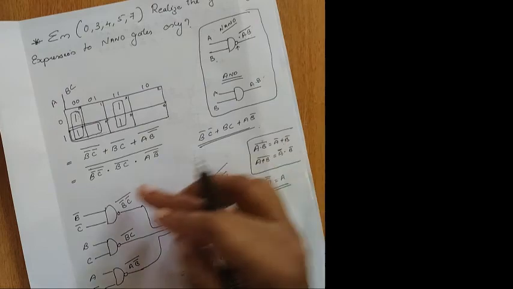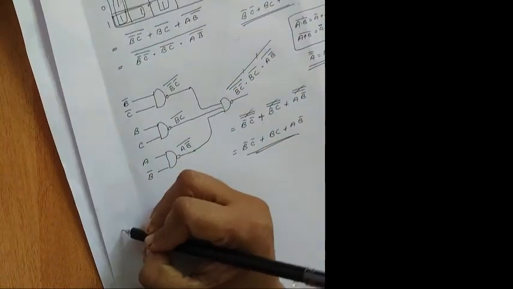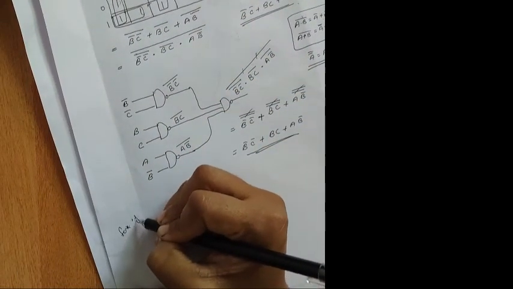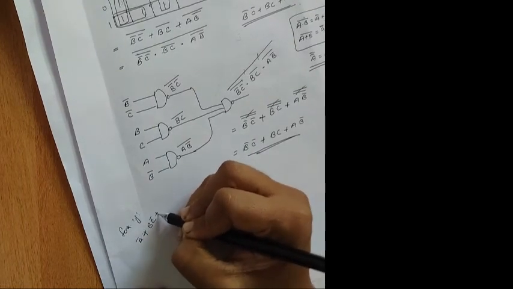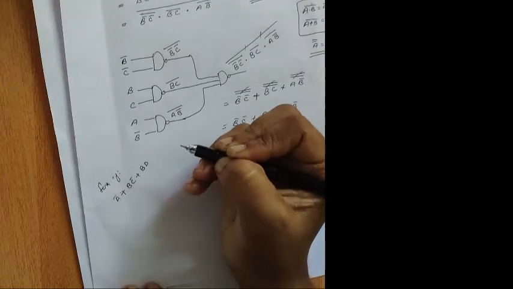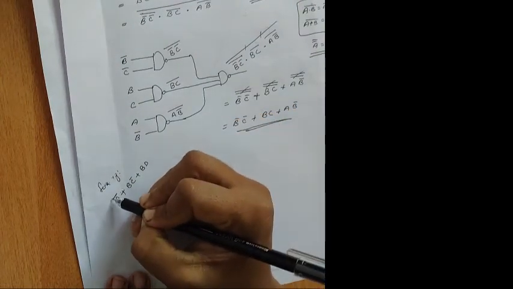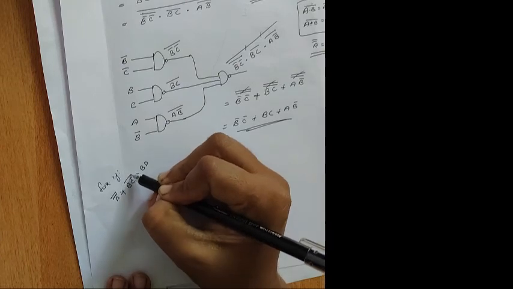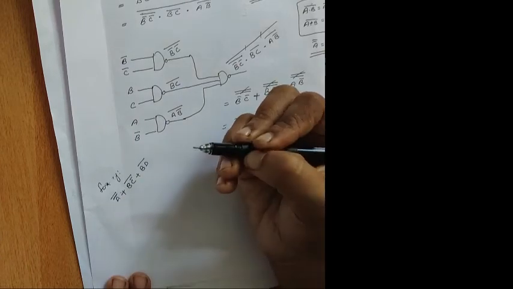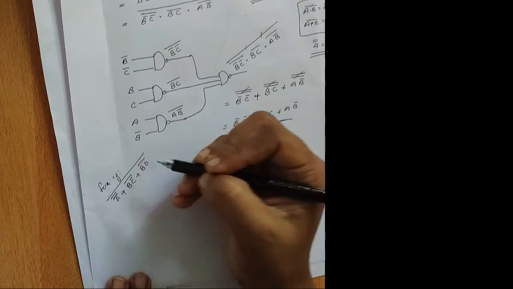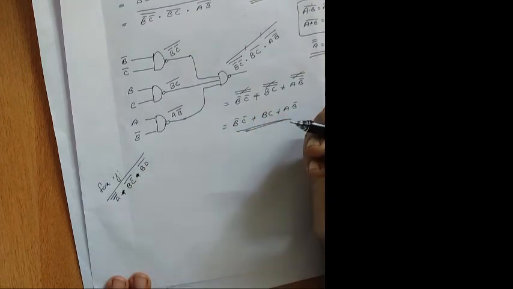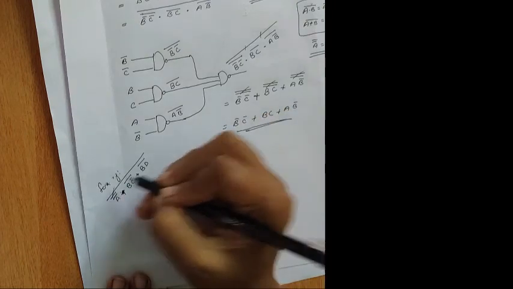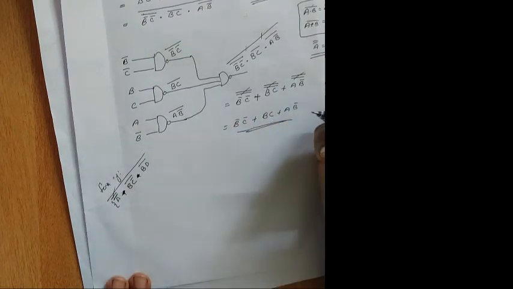Okay, I told you, for example, if you're getting A bar plus B C bar plus B D, your A bar should also be NANDed, B C bar should be NANDed, B D should be NANDed, and the whole of this should be given to another NAND gate, in which the symbol changes from plus to into. So when you're breaking, this will be double bar and you will get A bar itself. Okay, hope you got this.